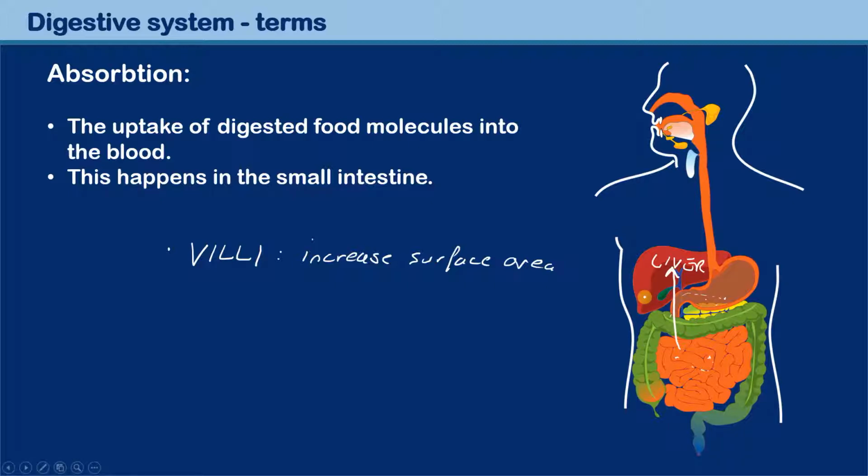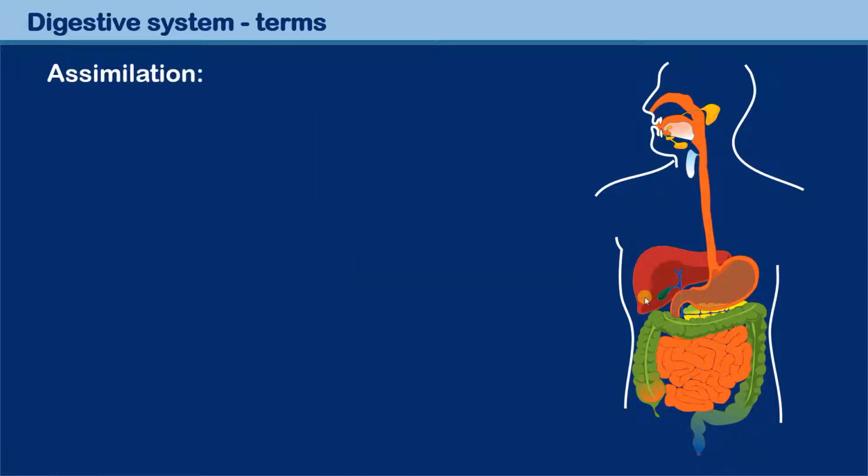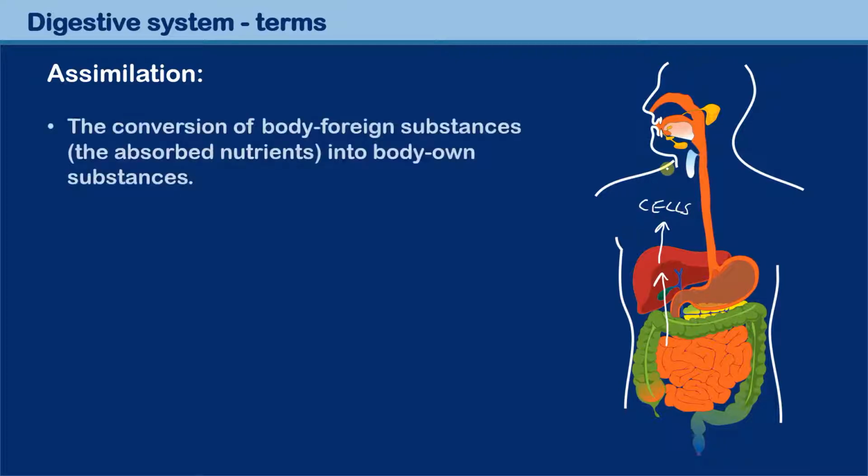And the last term that I'm going to explain is assimilation, and this one is a little bit more complicated to explain because after the food molecules have been passed to the liver, it goes on to the cells of the body. And the cells of the body will now make body-owned substances. They will convert these nutrients to new cell material. So, in other words, to give you a drawing over here,